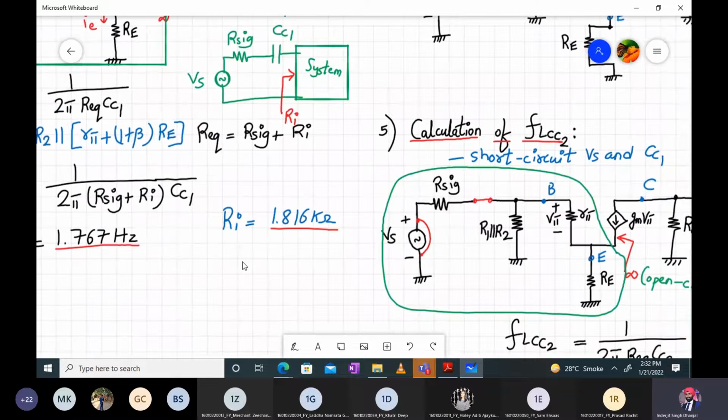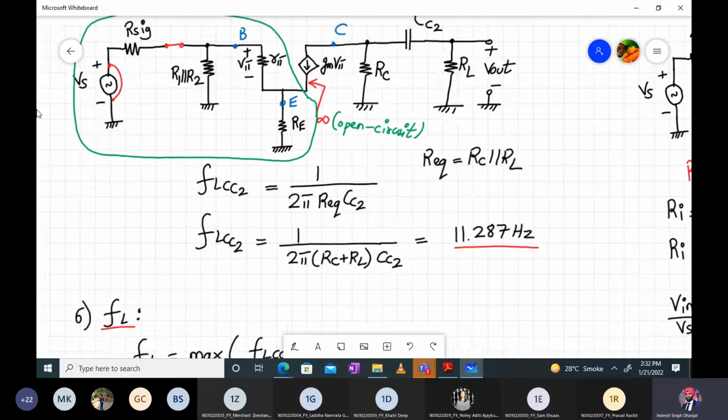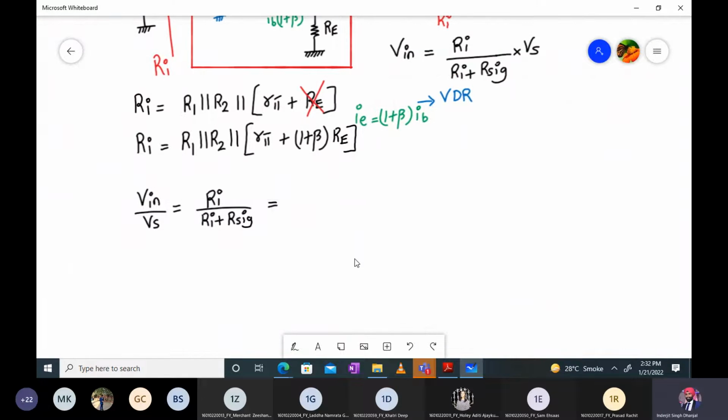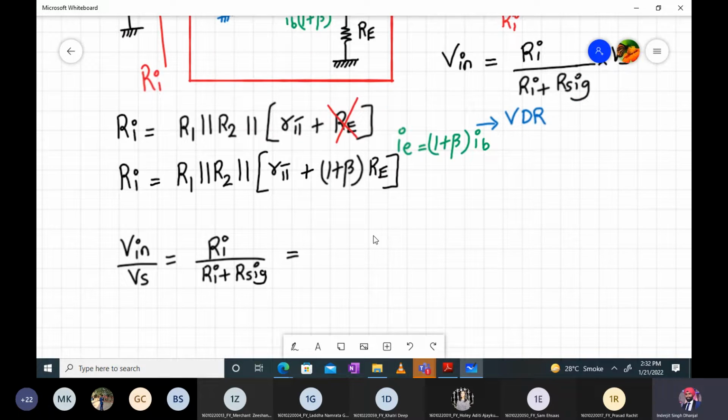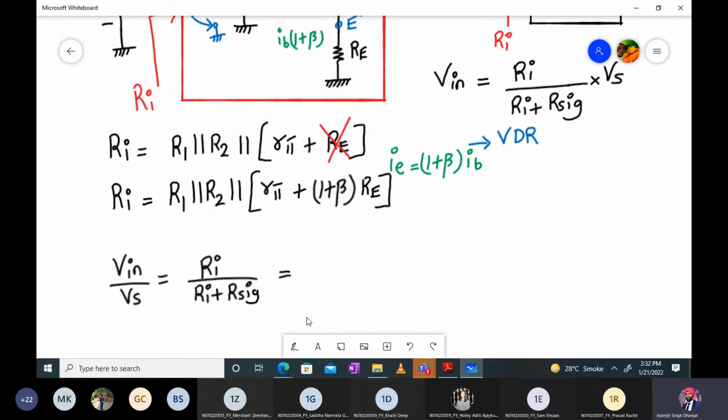So it's coming out to be 1.816. Someone please confirm 1.816 is the value of Ri. I am not sure. One of you please confirm. 1.816 kilo ohms divided by